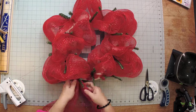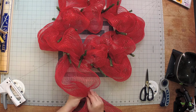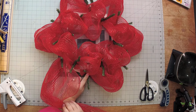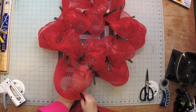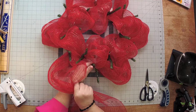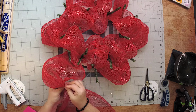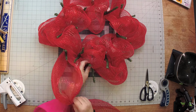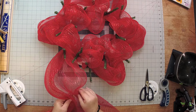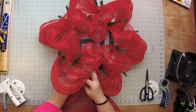Nice and tight. And then here's our end. So I am going to untie it, and I know it's kind of a juggling act with holding this in your hand. If you had one of those little clips that you could just hold on to, you could, or you could just let it go, honestly. Oh no, I guess I don't want to let go because I want to have it in place when I undo this